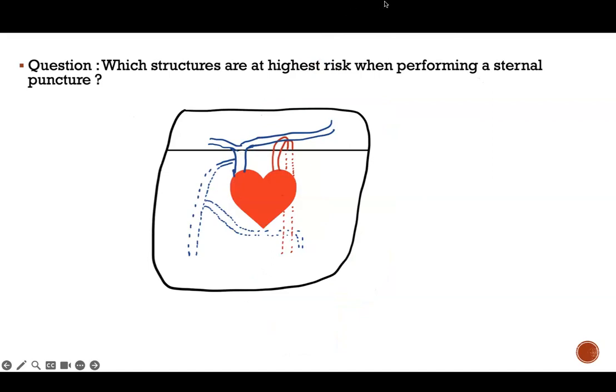Sternal puncture is basically inserting a needle in the manubrium part of the sternum, so right above the sternal angle. Which structures do you think are at highest risk? Left brachiocephalic. And then arch of aorta. Excellent. So if we insert a needle just above the sternal angle, we will damage the brachiocephalic